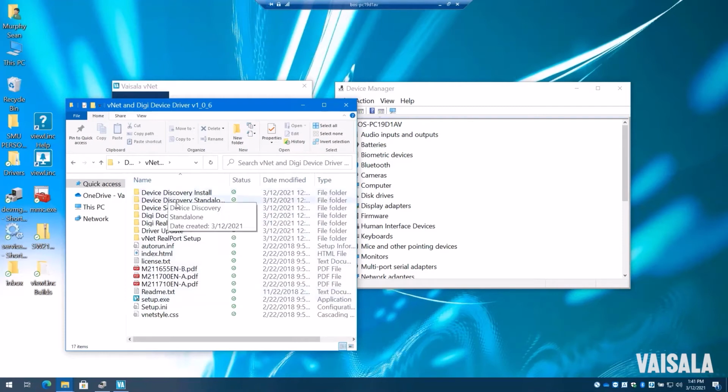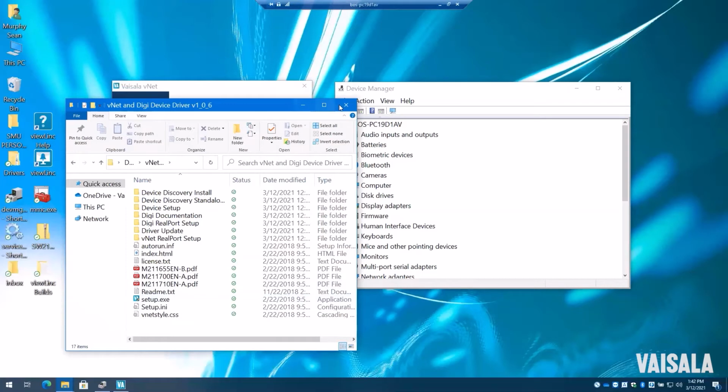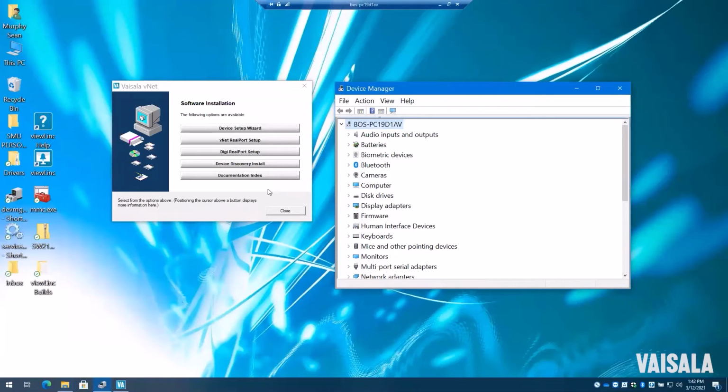There's also a device discovery tool that's built into the system. This will install locally on your machine. However, it's not as useful as you would think it would be. So over here, this is the application you're going to want to run, which is Setup. And when you launch Setup, it will pop up this little screen. This little screen has several different things in it. One is a macro to install the device discovery tool that I just mentioned. Typically it's not going to be all that useful for you.